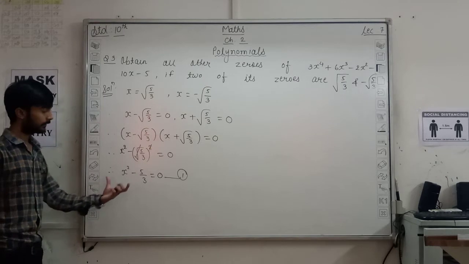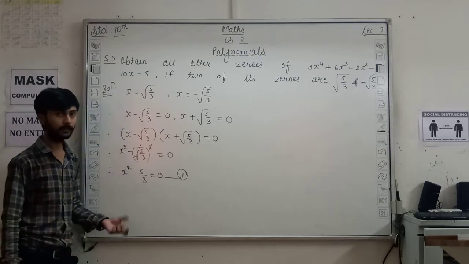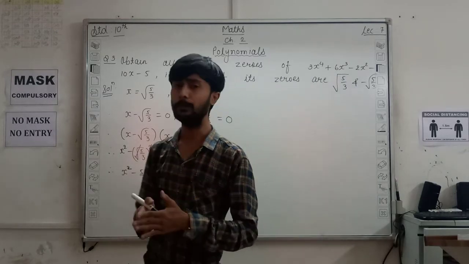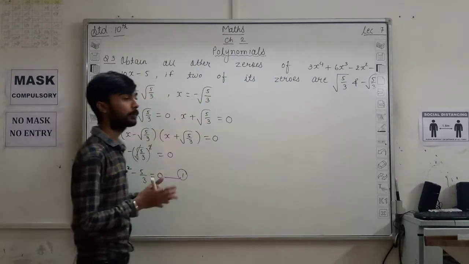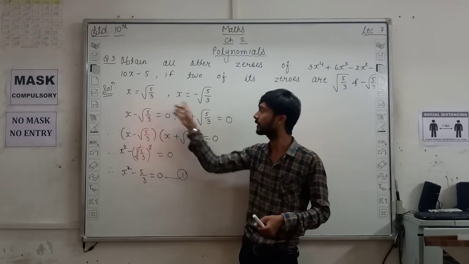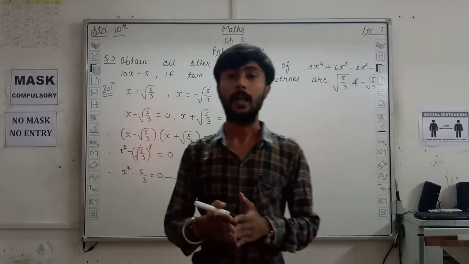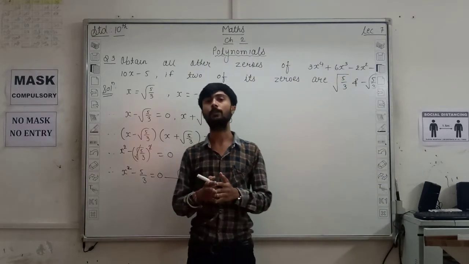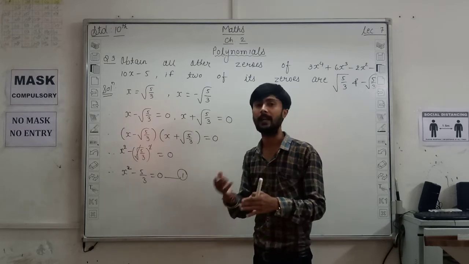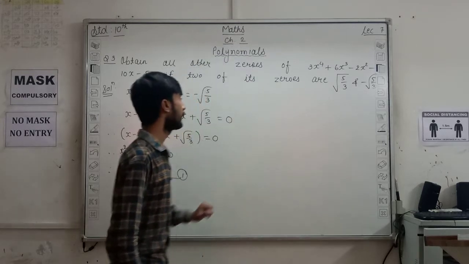Now you can see this is our quadratic polynomial. Why? A polynomial having two powers, right? That means the polynomial you got here is quadratic, and the second one we will get will also be quadratic. Why? Here the quadratic polynomial had degree 2, that means it has two zeros, and the other two are given to you, right? So from the two zeros you got a quadratic polynomial. And as I said in the division algorithm, if we divide this polynomial by this polynomial, we get another quadratic polynomial as a quotient, right? So divide this polynomial by this.